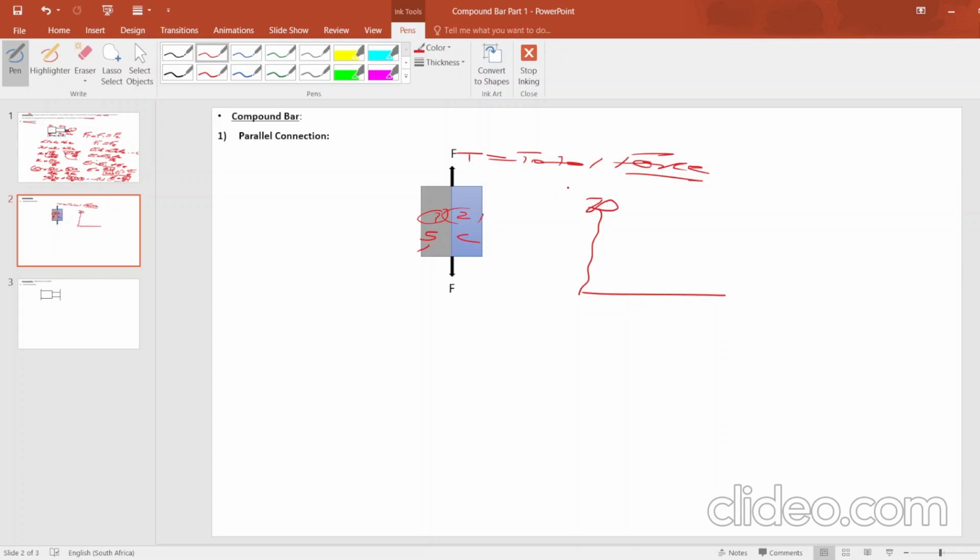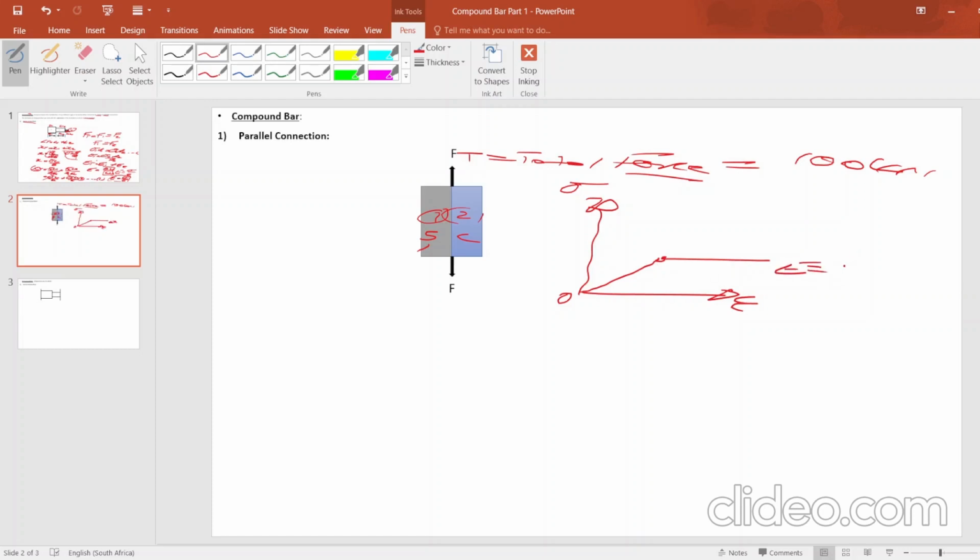applied under your stress and strain graph, you'd realize that, let's say they've applied 100 kilonewton under this material, you would realize that under that force, the copper will start to deform quicker compared to your steel. This would be the graph, the Young modulus graph for copper, because remember, Young modulus